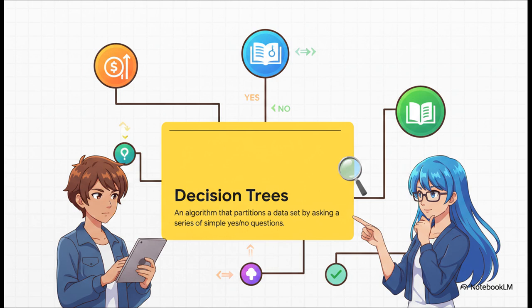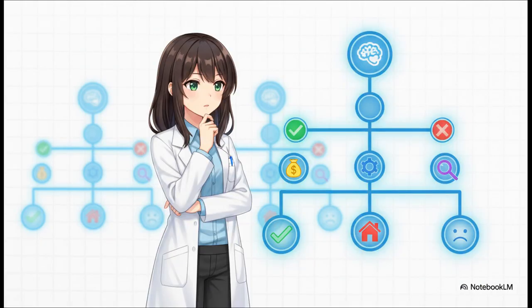All right, let's move on to one of the most intuitive algorithms out there: decision trees. This model is basically just a flowchart. It makes decisions by asking a series of simple yes or no questions. Is the person's income over $50,000? If yes, you go left. If no, you go right. And you keep doing that, branching down until you hit a final decision at the bottom. You know, the real beauty of decision trees is how transparent they are. You can literally draw one out and follow the exact logic the model used to get to an answer.